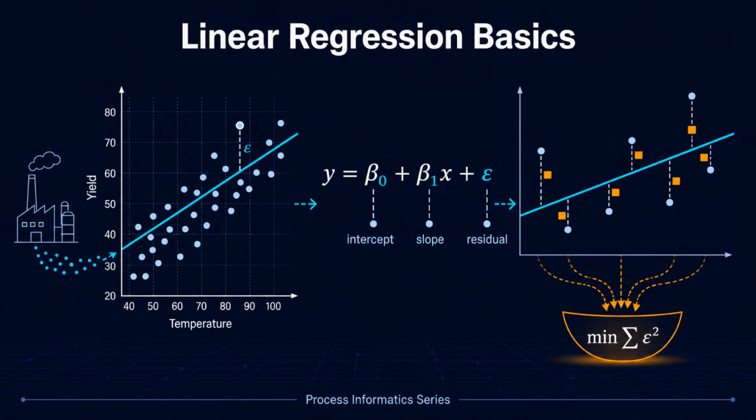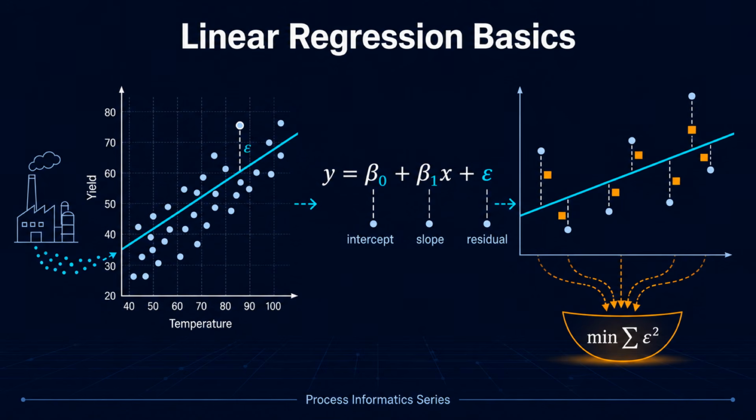Linear regression is the cornerstone of process modeling. The equation y equals beta 0 plus beta 1x plus epsilon captures the essence. We are finding the best straight line through our data points. Beta 0 is the intercept. Beta 1 is the slope that tells us how much y changes when x increases by 1 unit, and epsilon represents random error. The method of least squares finds the optimal parameters by minimizing the sum of squared differences between